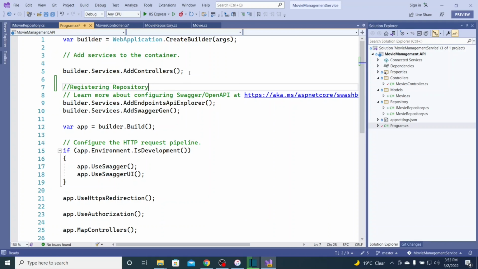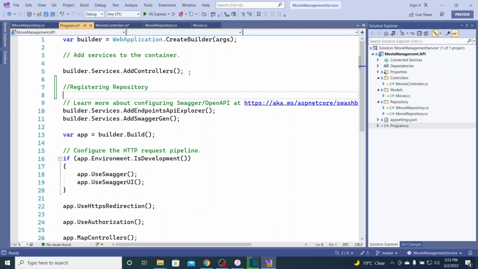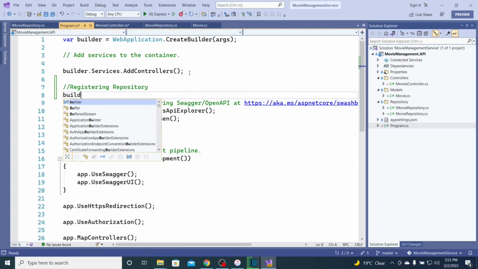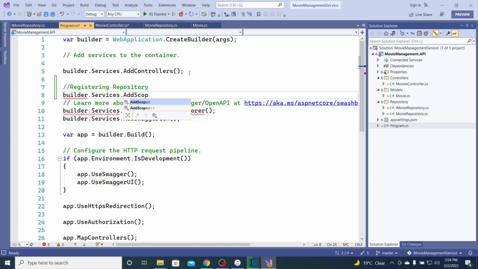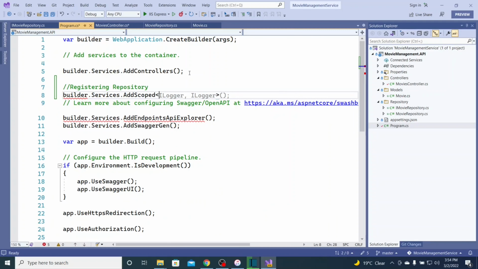So you're going to take the builder, and then you're going to say services, and you're going to say AddScoped. This is what we call service lifetimes. If you're confused, I'll put a link in the description. I've got a great video on service lifetimes. It's going to help you a ton. But all AddScoped does is